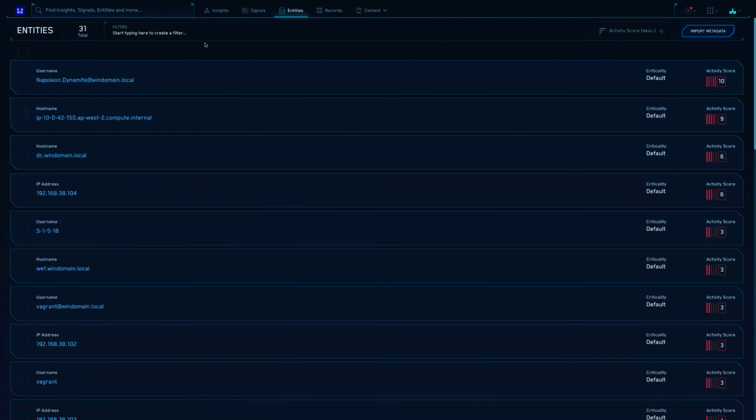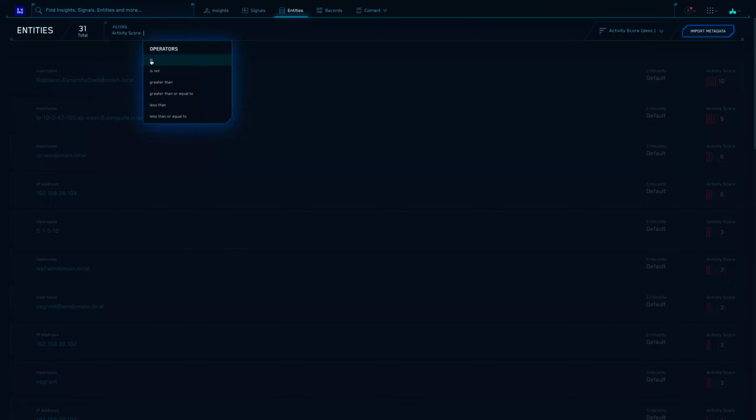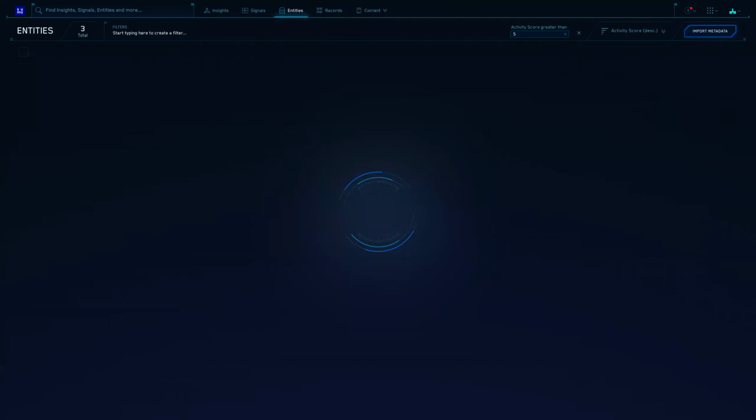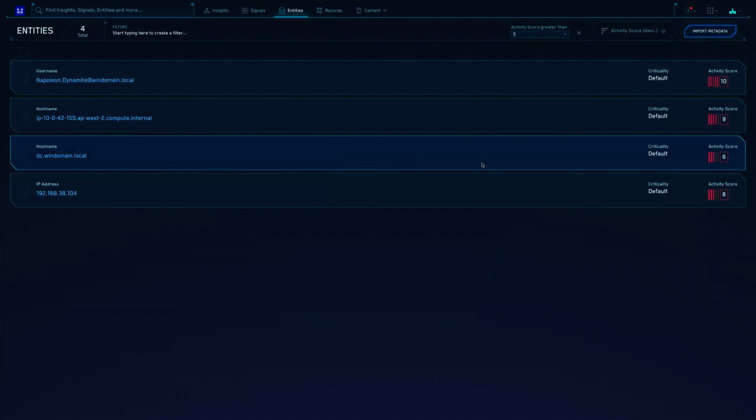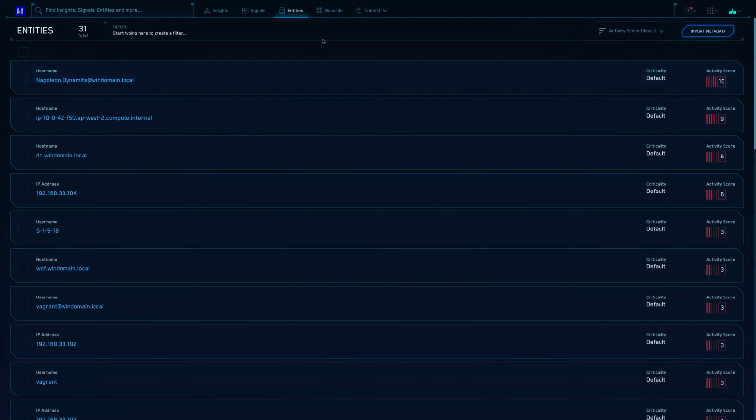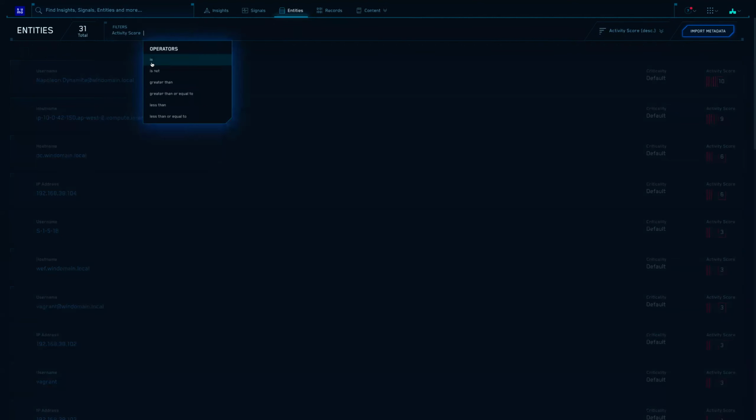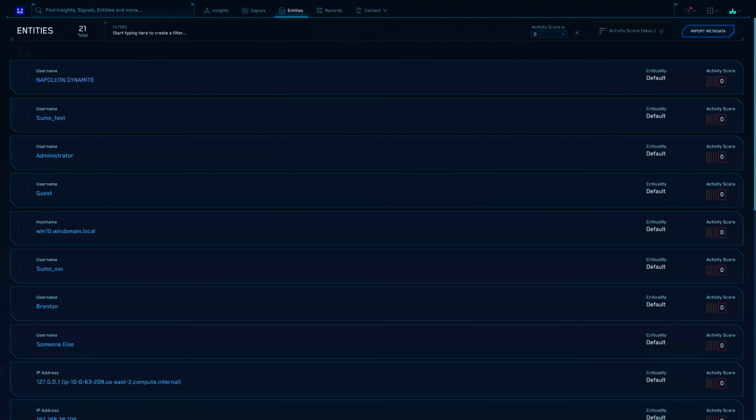We can go ahead and use our filters here. So if we wanted to look for all the entities that have an activity score greater than 5, then we should see these 4 entities. We see the activity score, and once again, we can sort by those couple of fields. If we wanted to look for all the entities that have an activity score of 0, so activity score is 0. Not really showing you anything super new with filters. I know you all know how to filter, but it's important enough, I guess, to show you and remind you that they exist.